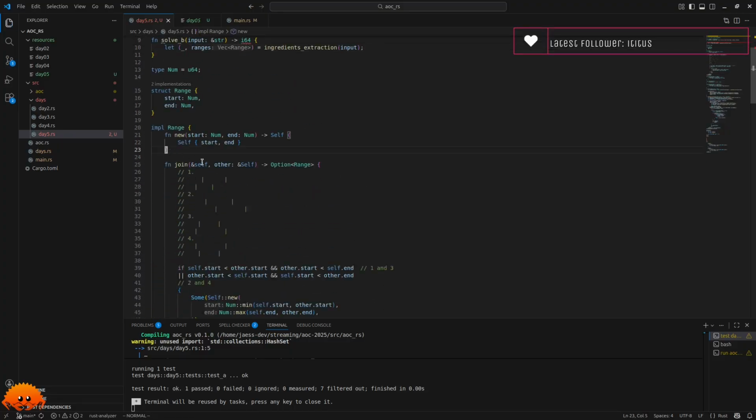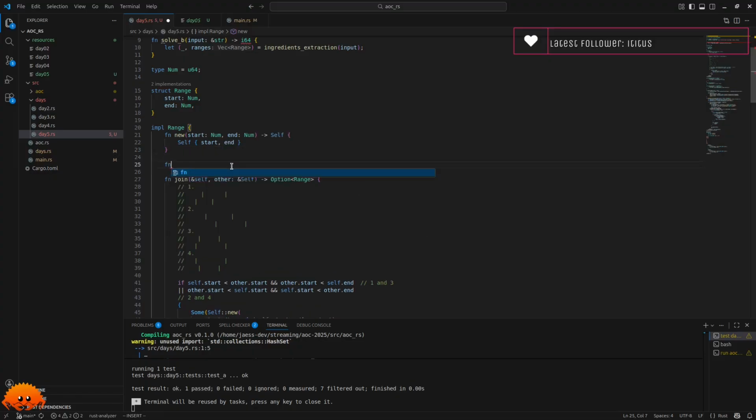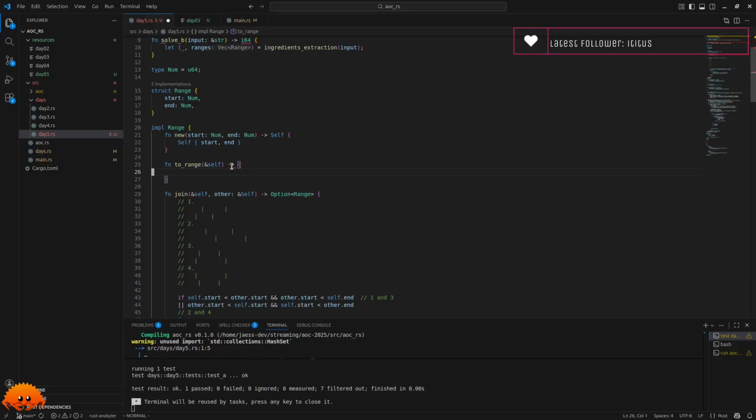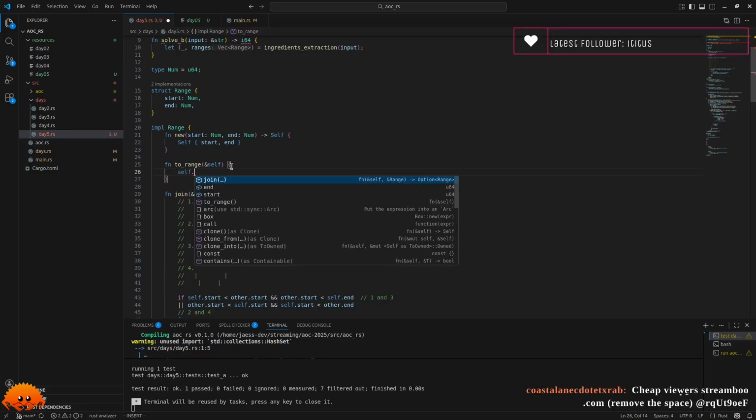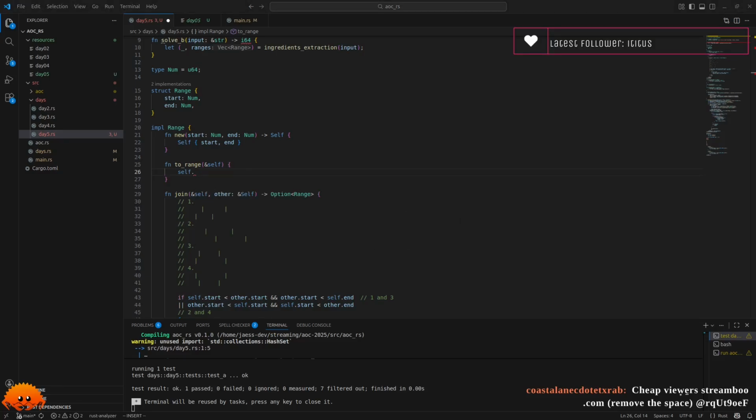And now we make a little function which we call to_range. That could consume our range, but it doesn't really matter. Let's have no return type, and let's say we return, give me a second,